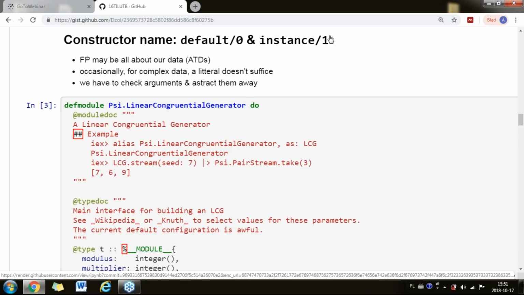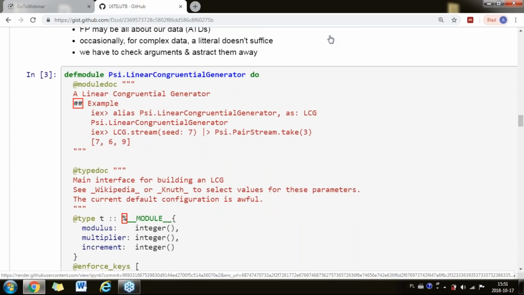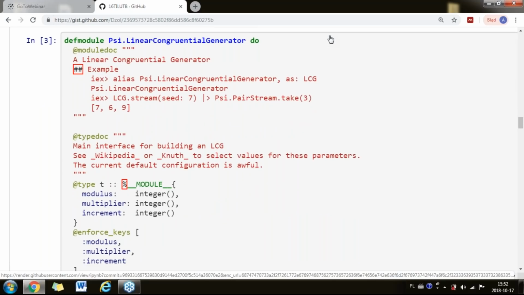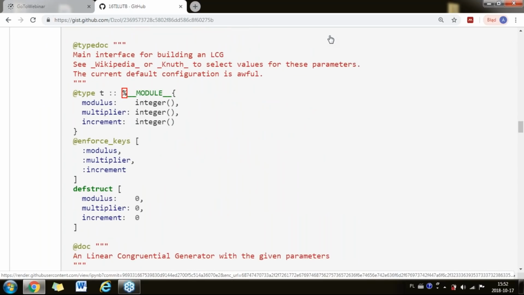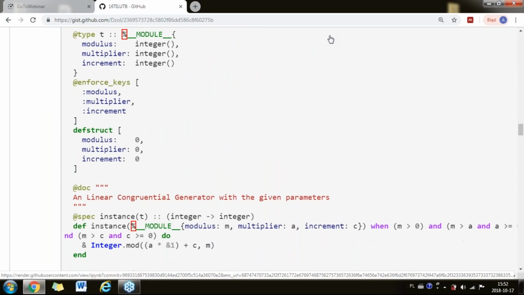What we have here is a linear congruential generator, an LCG. It's basically a random number generator, so there's some documentation there. Of course, we have the type here. We enforce all the keys that are necessary, so there are 3 of them, and we have the structure definition. So the defaults there aren't particularly reasonable, and indeed,